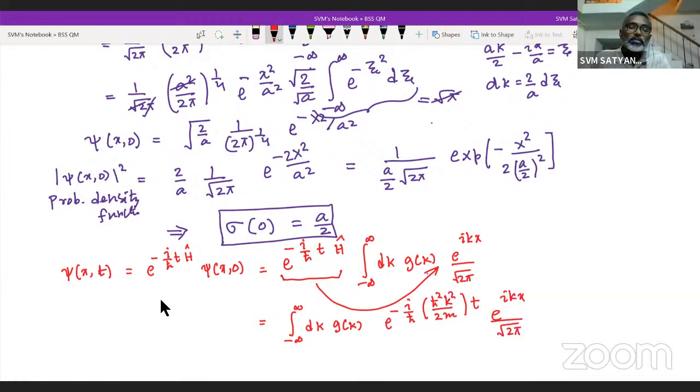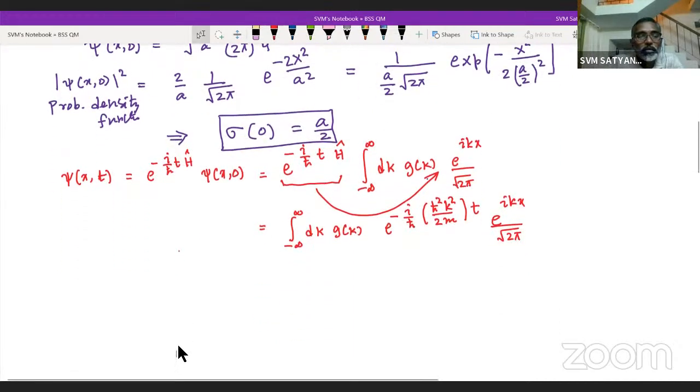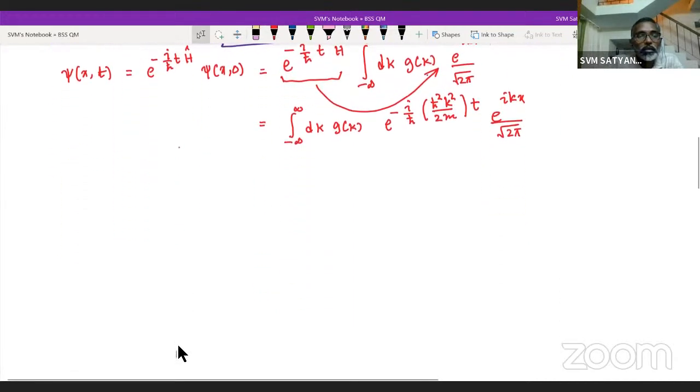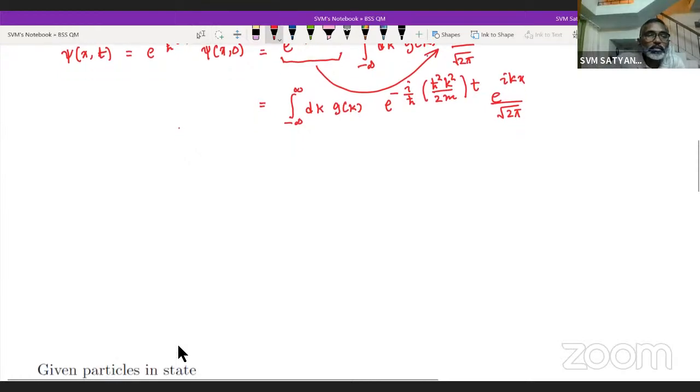So now what we have to do, exactly like in the previous case, is integrate with this additional time dependent term. That's all. Okay, let us do that. So our psi of x, t now,